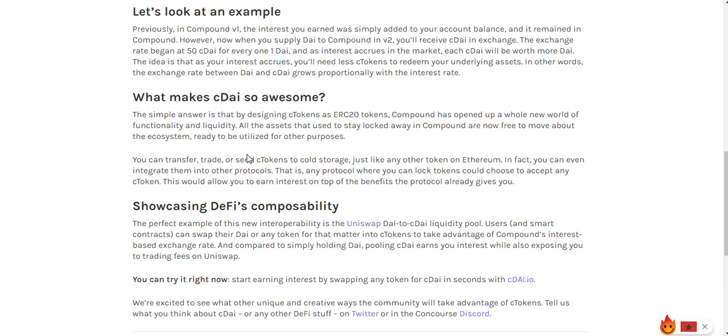Just like any other token. In fact, before I go on, let me reverse and go over the example that I gave because I actually gave it backwards. I think I said 50 to 75, and I caught myself, playing it back in my mind, like, nah, that was incorrect. At the time of exchange, it is 50 cDai for every 1 DAI, and then at the time that you want to get your tokens out of the Compound Finance platform, it is now 45 cDai for every 1 DAI. You now have 5 cDai that is yours to keep on the side. So, as the value increases, it takes less cDai to exchange for that 1 DAI. Let me continue.